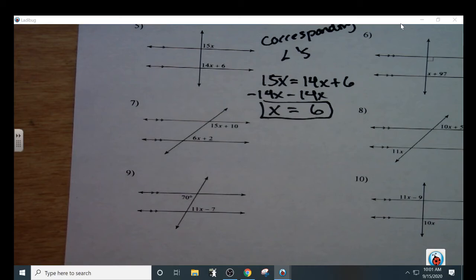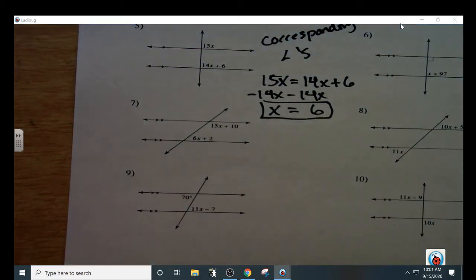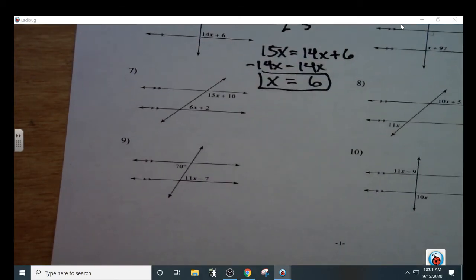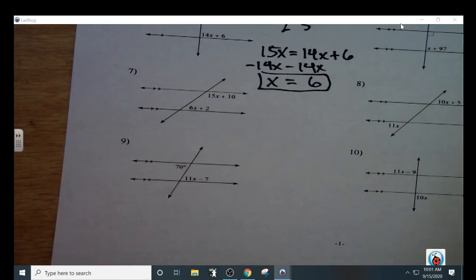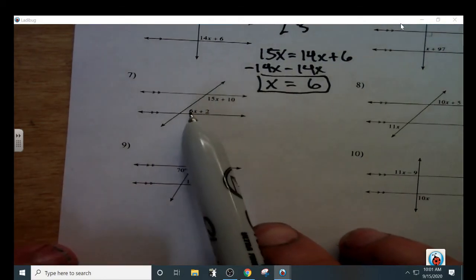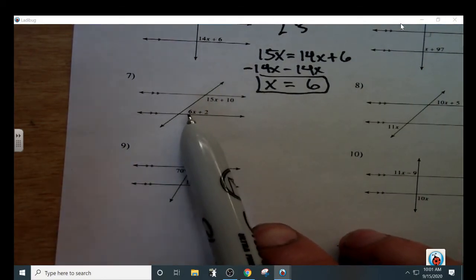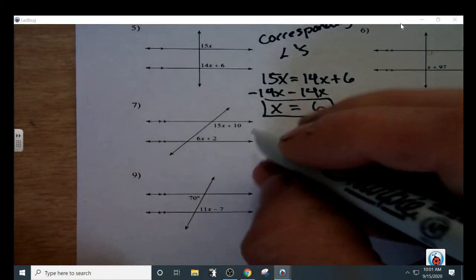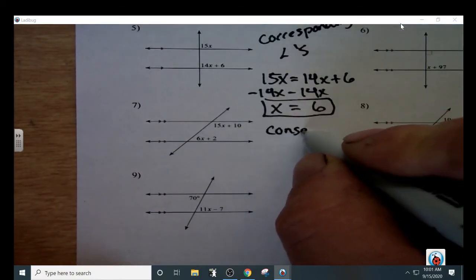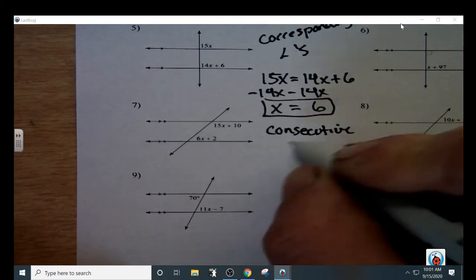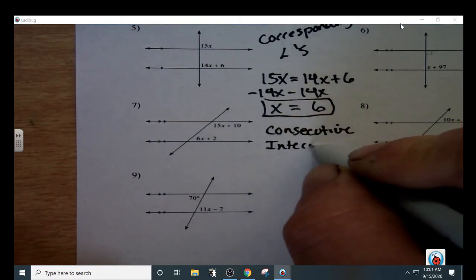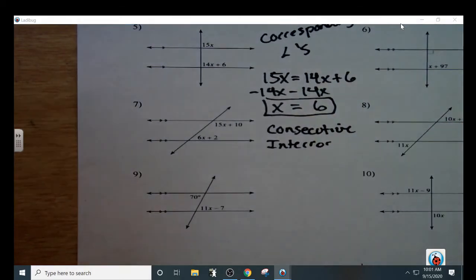What about number 7? Are those corresponding angles? Those are not corresponding angles. What angle relationship is that? They're not congruent. Remember, congruent means that they're the same size angle. You can tell this angle is much smaller than this one. Those are actually consecutive interior. Okay,